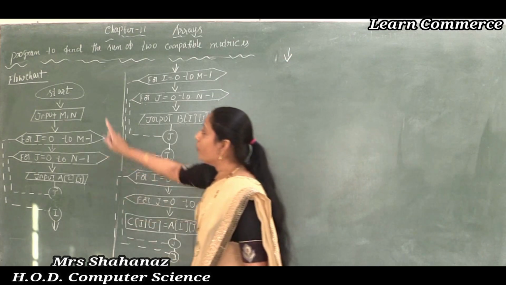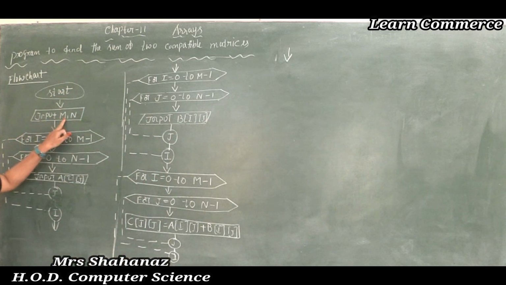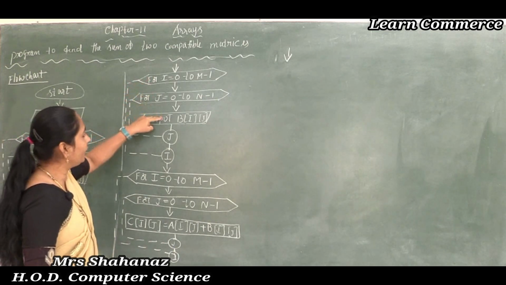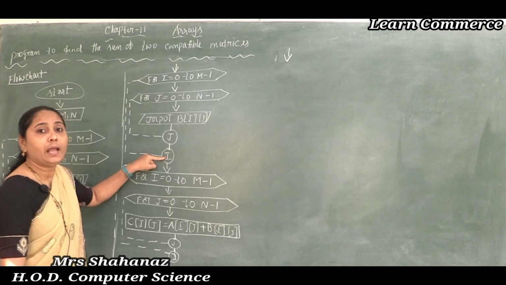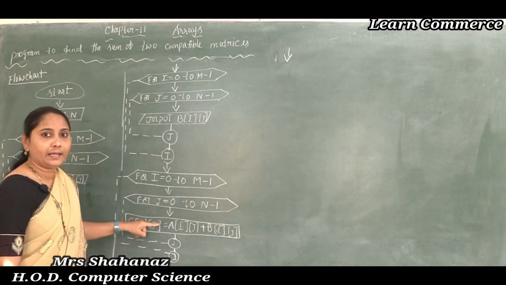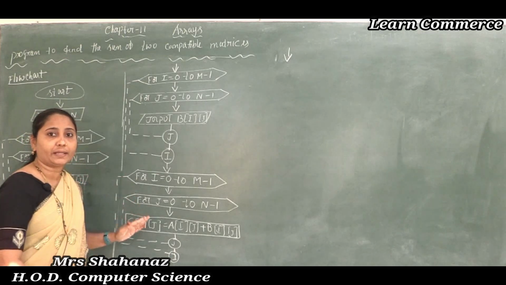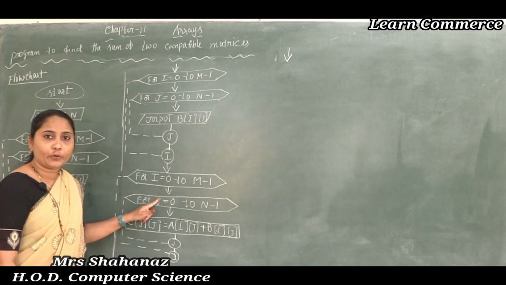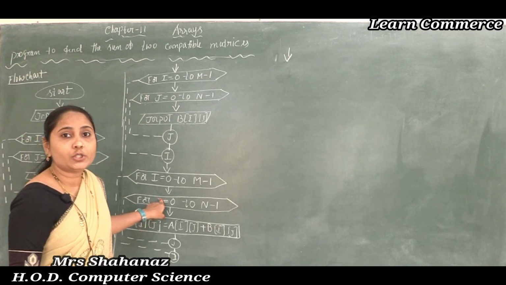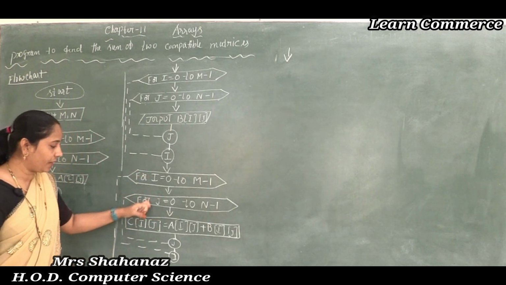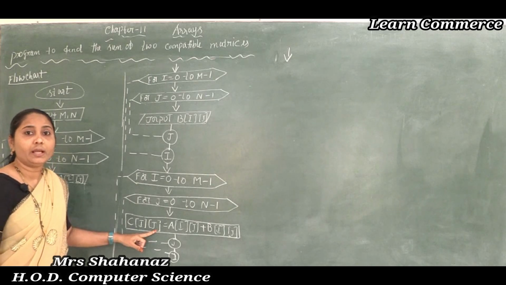So, it's understood: first the start terminal, after that the row size and column size as m and n. And what do we use this for? Just to add the elements into the matrix, and 1 2 3 4 5, this one is used to add the elements into the matrix B here. Later, as we know, after adding A matrix and B matrix, such value needs to be input into the matrix C. So before inputting any value into the matrix C, we need to access the row and column values here. So just by accessing i and j values we can add the value into the C of ij.